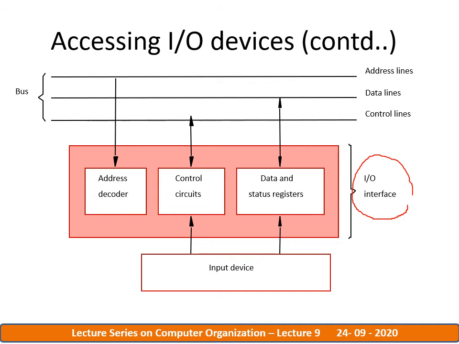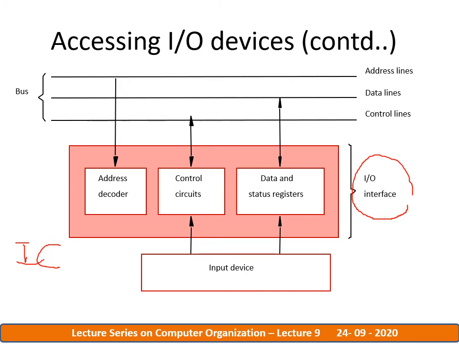In case it is only to access a hard disk in a system, and we need a specialized interface to control and coordinate the data transfer, then it is called an IO interface. Nowadays we have a complete interface circuitry available in a single integrated circuit chip, that is an IC.